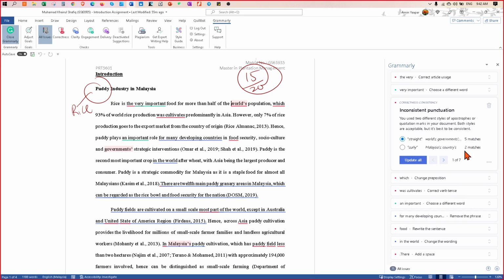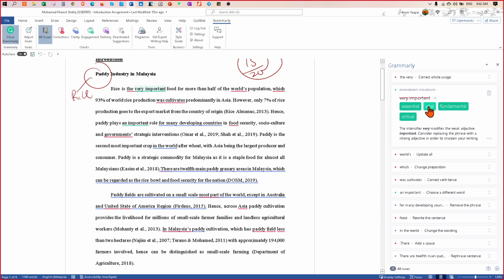Then you know, okay, these words are actually more useful. This, very important, can be changed to fundamental or critical. This is how you improve your English and your writing up. It's a continuous process, not just to finish it off as quickly as possible.